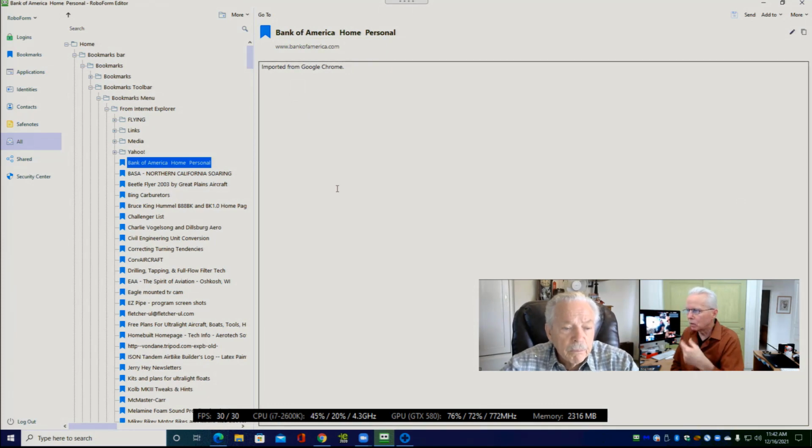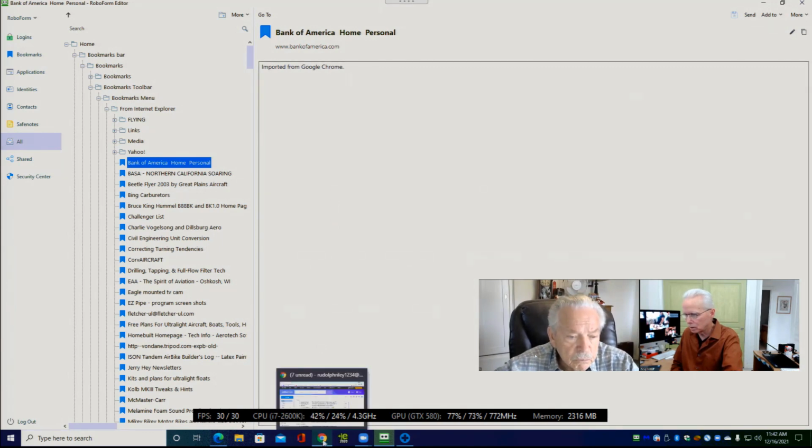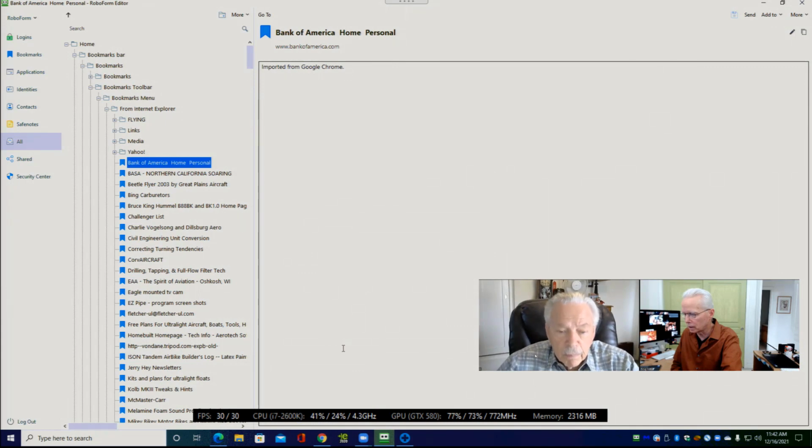All right. Well, then let's just go to the website using your normal method. Do you use Google Chrome for that or Microsoft Edge? Well, can we minimize this particular screen?